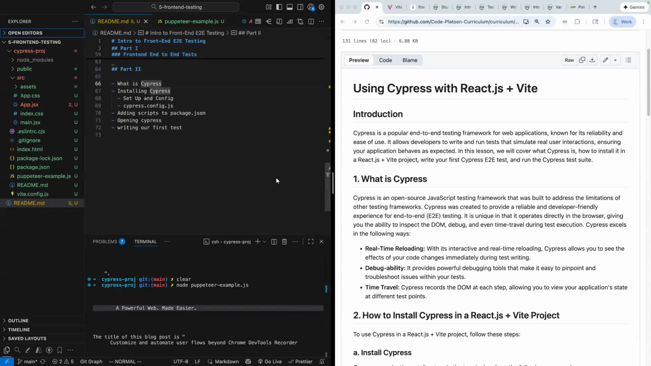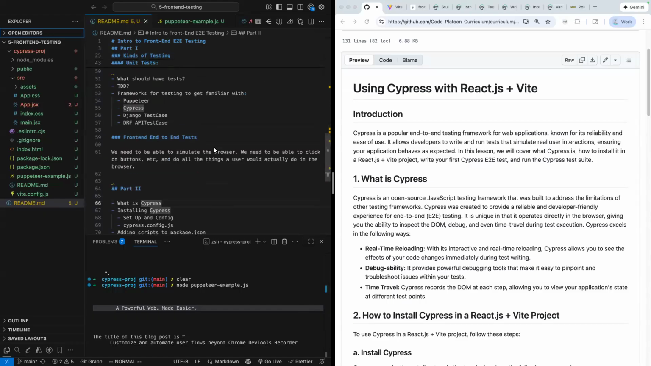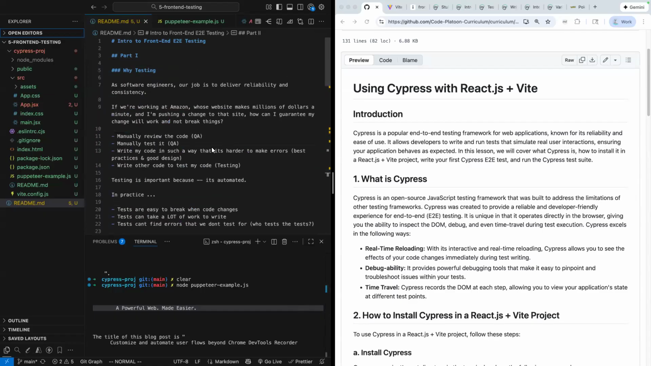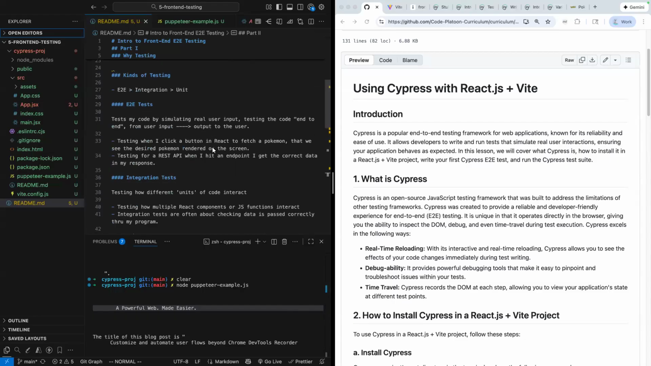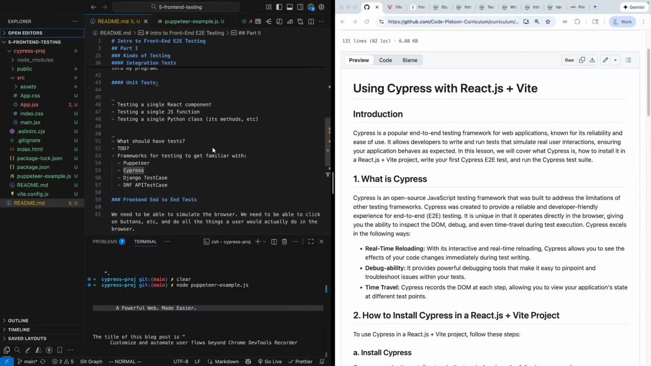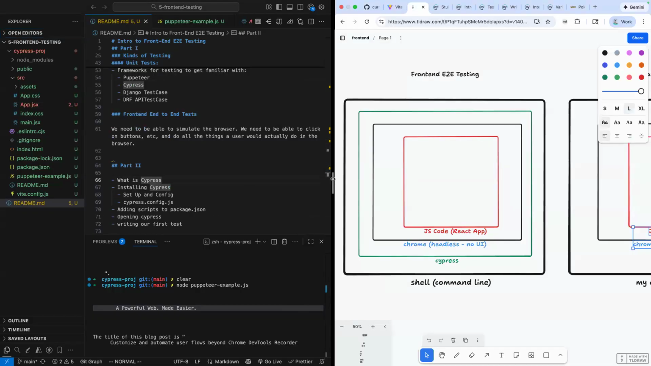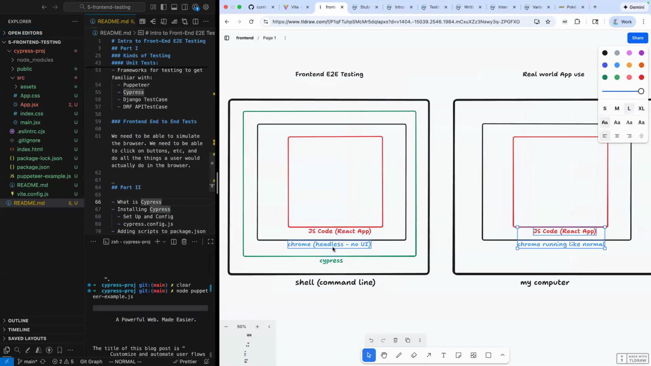All right. So we've talked a lot about conceptual foundations of testing, right? We've talked about the different kinds of testing. We've talked about why tests are important. And then we talked about some of the challenges of writing front end end-to-end tests. And we talked a little bit about the idea of a headless browser, or a browser that is controlled by some JavaScript code. And we actually saw a simple example of that with Puppeteer, but now we're going to